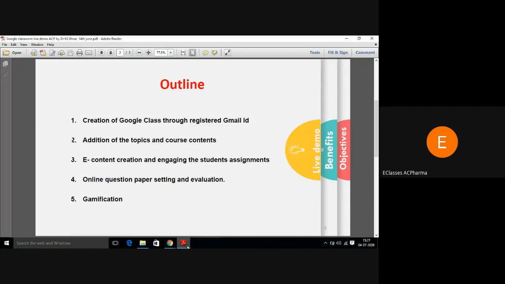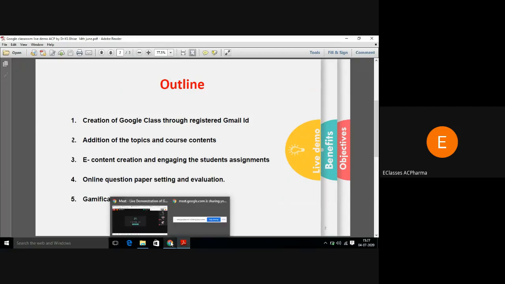Now, let's see how the classrooms are allotted to the individual subject in charges as per their subject, workload, and the timetable by the principal or the head of the institution. This is how we can start.